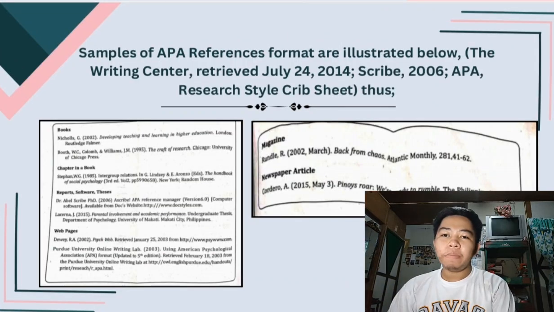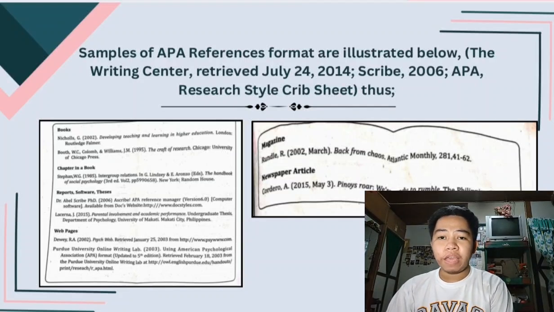So this image provides examples of how to format different types of sources in an APA-style reference list. Each type of source has a specific format that includes details like the author, publication year, title, and publisher or URL.